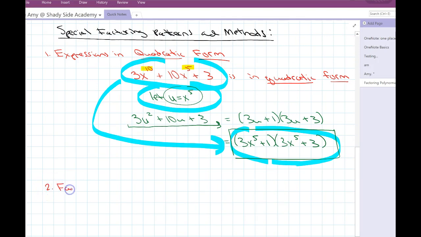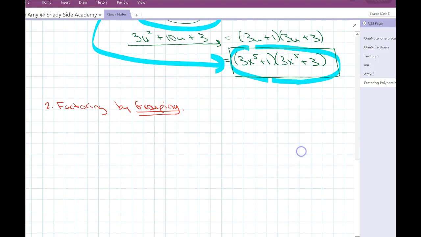Okay. All right, the other pattern I want to show you, or the factoring technique, is something called factoring by a method called grouping. Okay, factoring by grouping. And it's not all the time, but factoring by grouping usually, generally speaking, we will look for this possibility